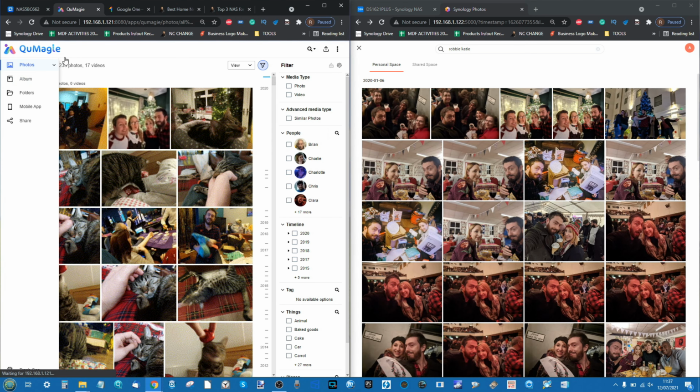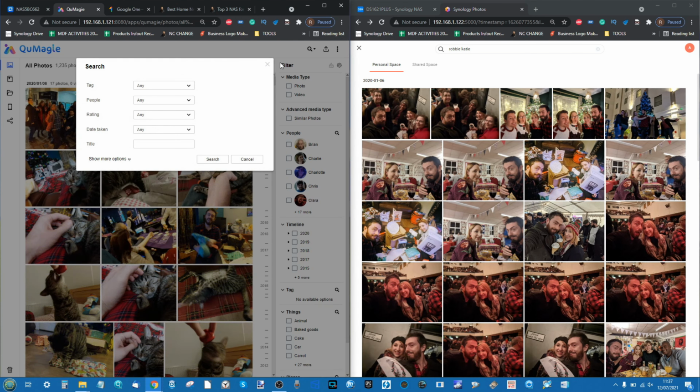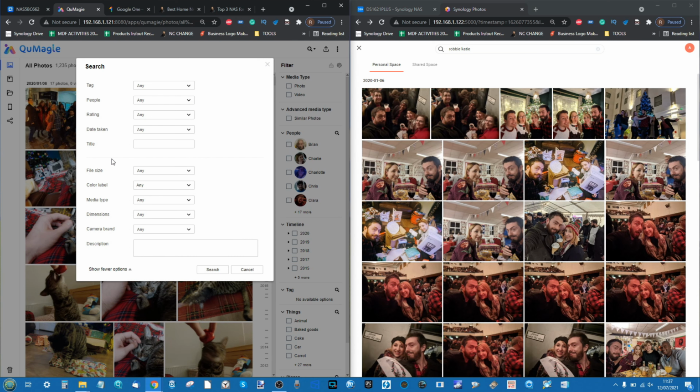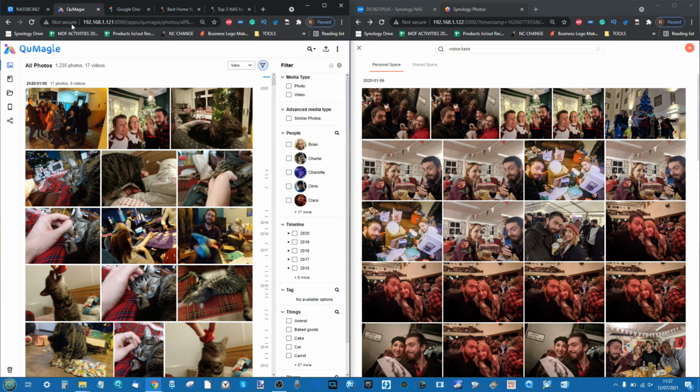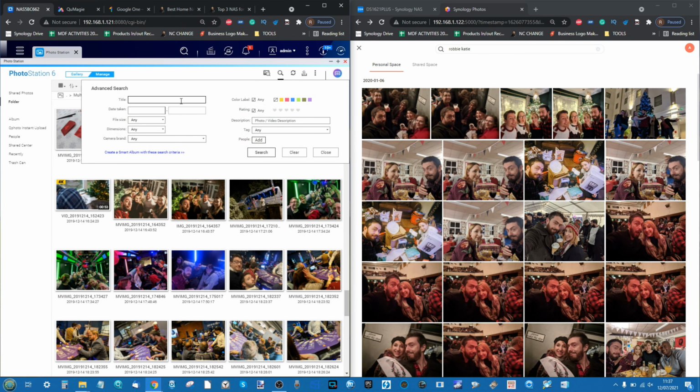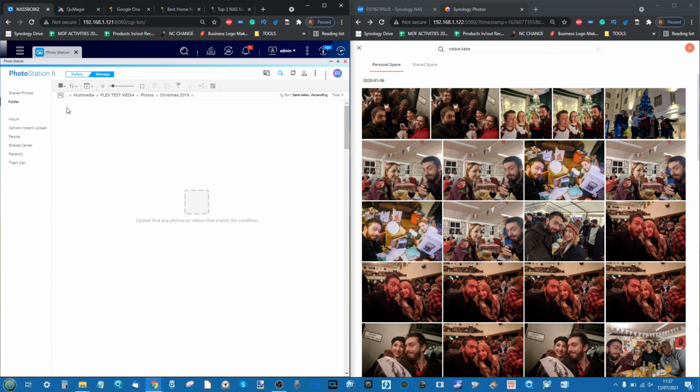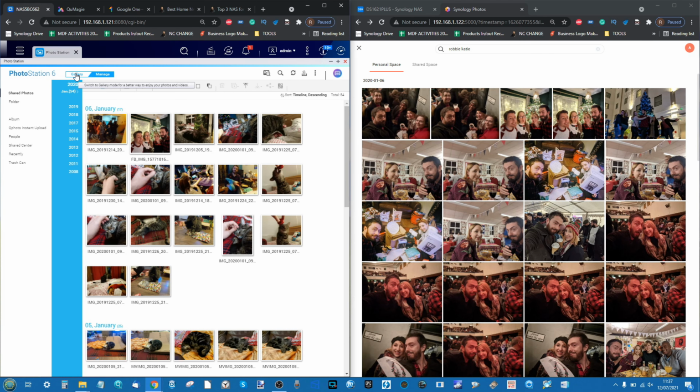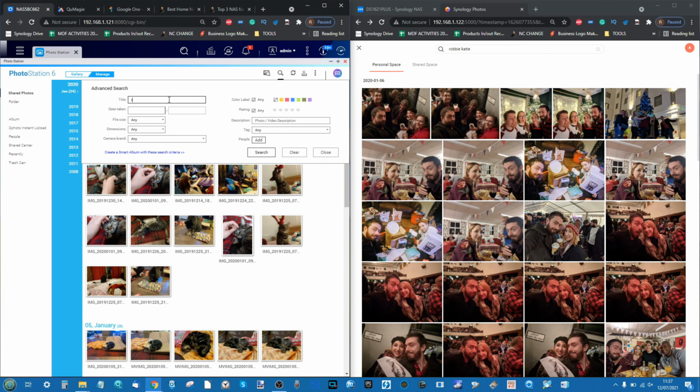If I go into the photos area and do a simple search there, it still opens up this big box, something I'm not really that keen on. If I go into Photo Station and open up the search there, again, if I search for Robbie, Katie, and then click search, it's not bringing it to me, even though all of these photos are in that album. Even if I go to shared photos, I go to gallery mode, any of these, and I do exactly the same search,